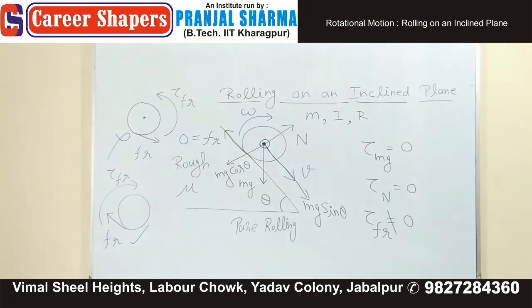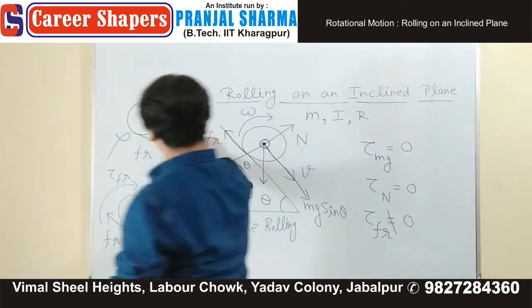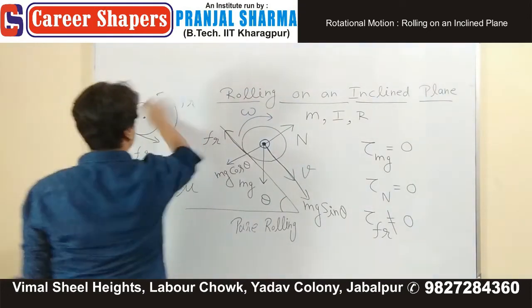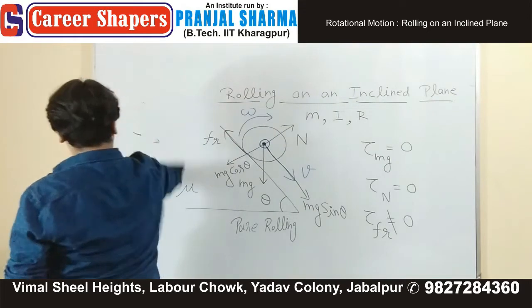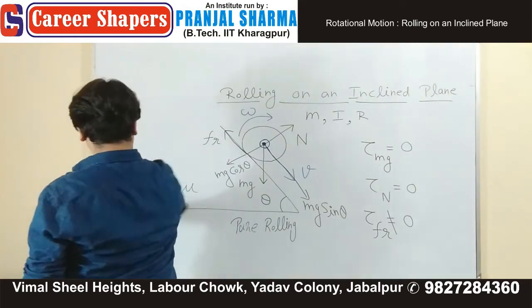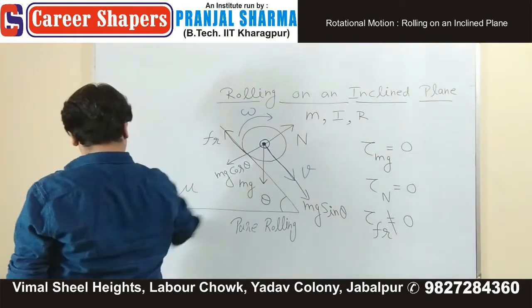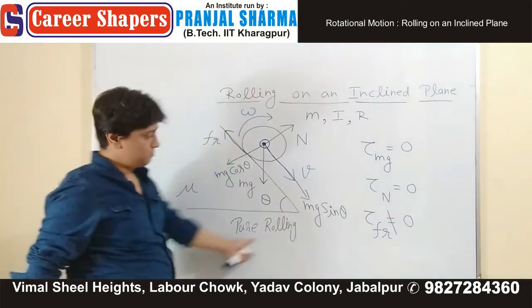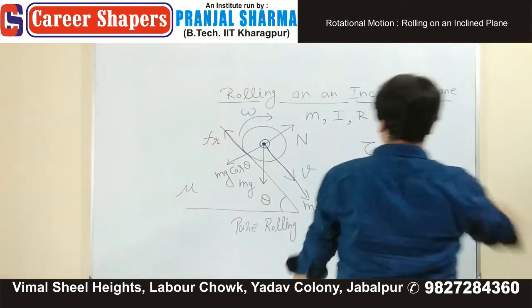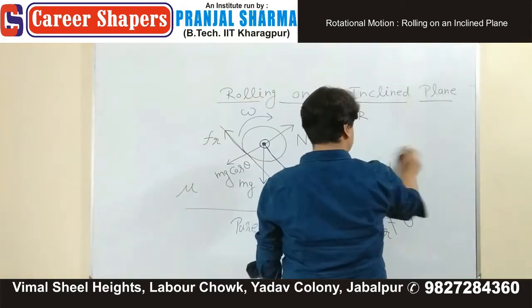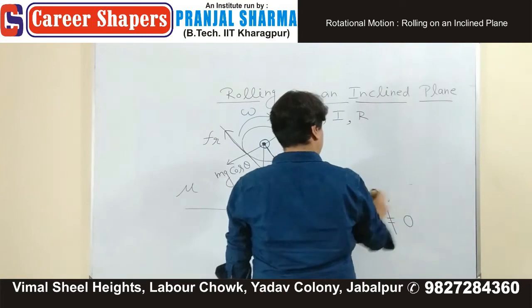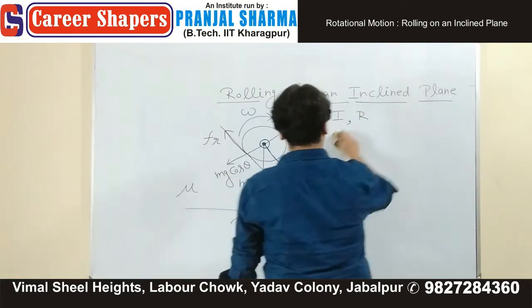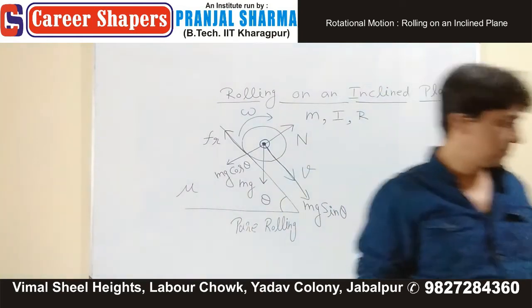Now, for the given question, friction is present. Coefficient of friction is mu. And we have what? Pure rolling. Pure rolling means contact point is not slipping. If contact point is not slipping, then